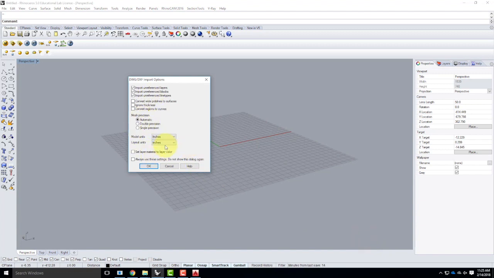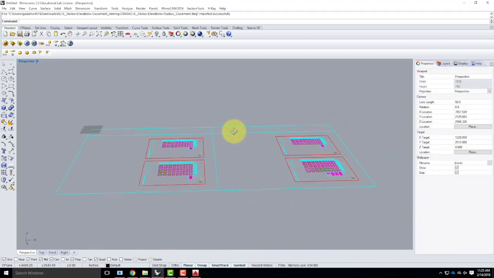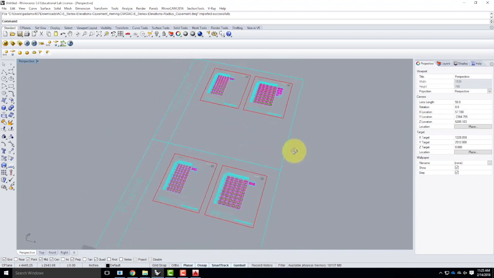In some rare instances, you'll find that your AutoCAD file is too new of a version for the Rhino that we have on these school computers, in which case you would need to open it and save it backwards. Most of the time, it's just fine. So these import options are all just fine. I'll go ahead and say OK. And it will then bring in that drawing that I had as part of my